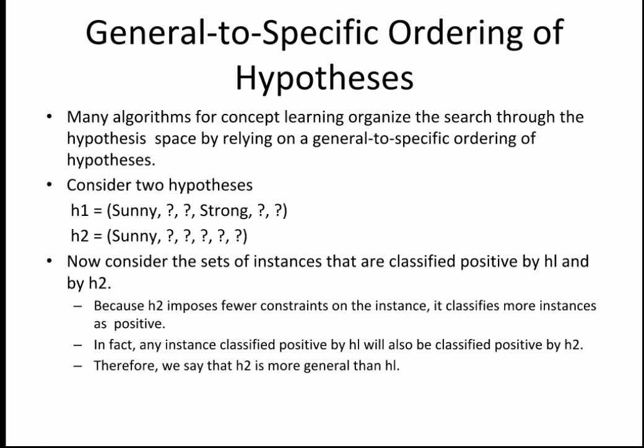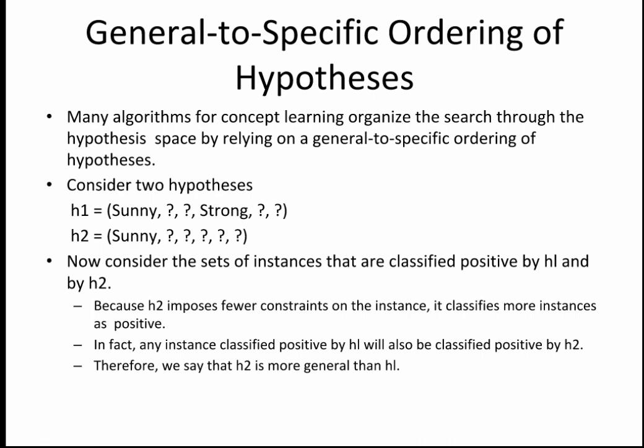The most specific will have a value of 0, and the most general will have the value of question mark. But for maximal specific, we could have some values with question marks, and the same could also be referred to as your minimal general hypothesis. This is what we mean by general-to-specific ordering.